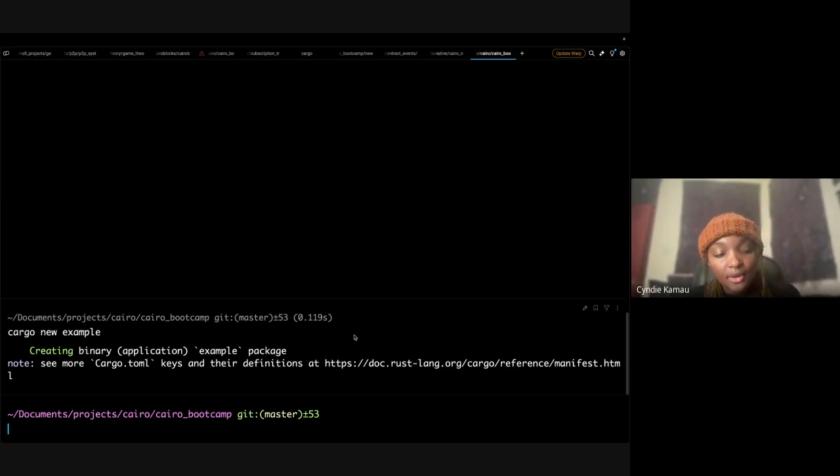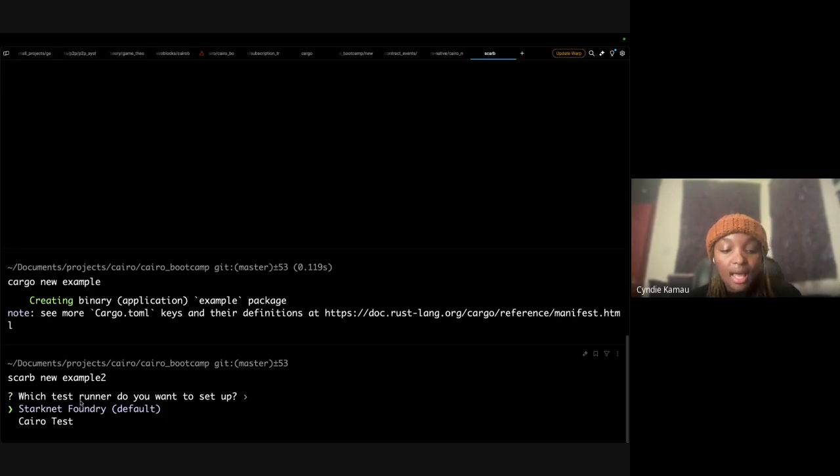Okay, so what's the difference between Rust and Cairo in this place? Here, you can see I have this package manager called Cargo, right? If I was to do the same with Cairo, especially when writing a general purpose program, I will use something we call Scarb. So Scarb and Cargo work the same in different aspects, right? Scarb is specifically for Starknet, just the same as how Cargo is specifically for Rust, right? So scarb new example 2.